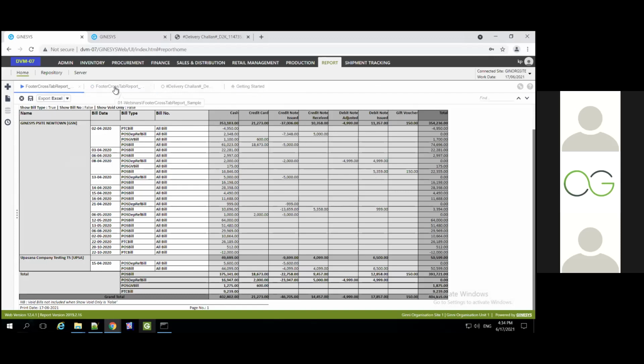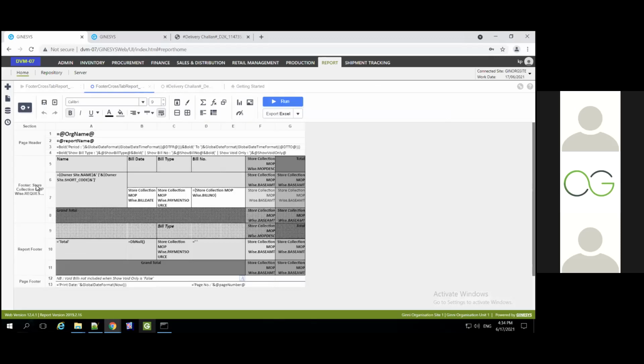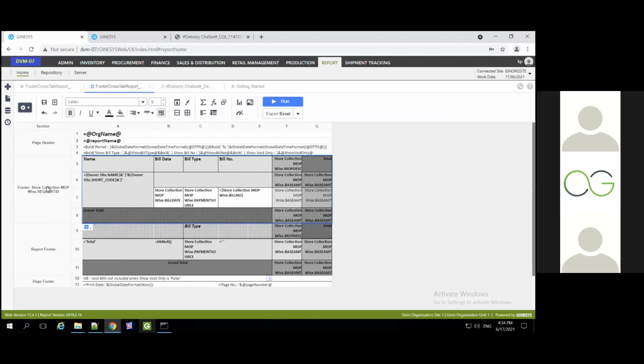So how have we designed this report? We'll go back to the design of this report, and in this particular case, we have used a request ID. It could be a store ID, or let's say a group ID. It could be anything, based on what your design requirement is.